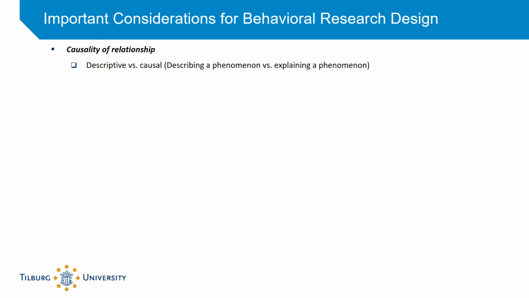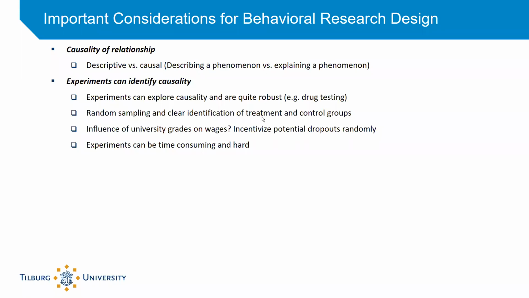And that requires understanding what causes what. So how do you find causality of relationships? The best way to find it is through experiments. Experiments are kind of a gold standard for establishing causality, and that's why they're used when it's most